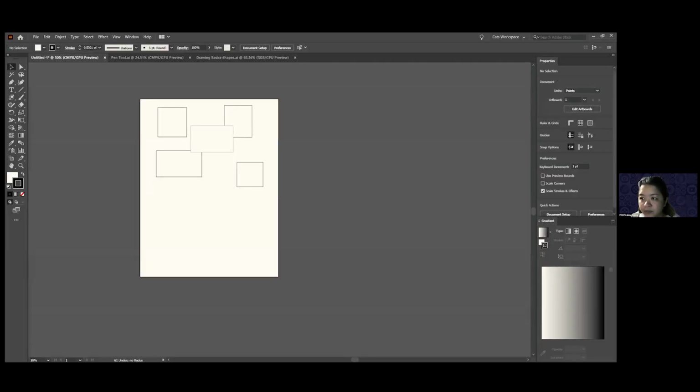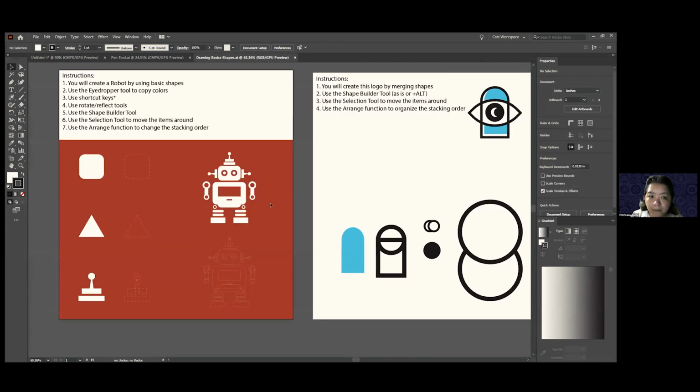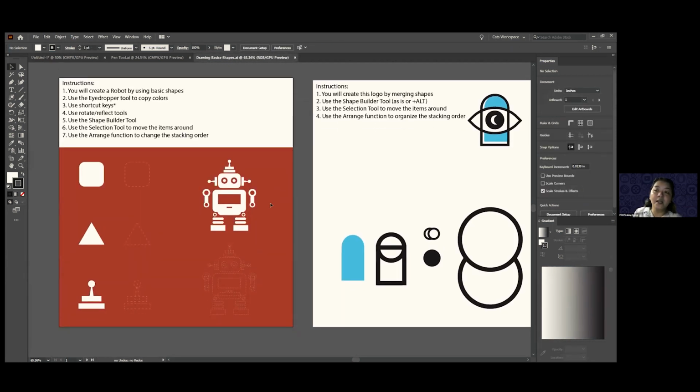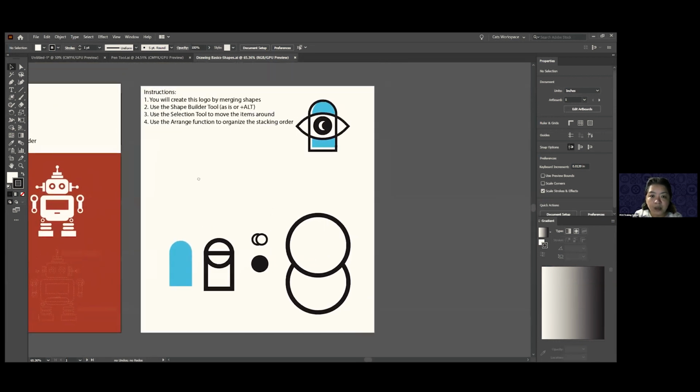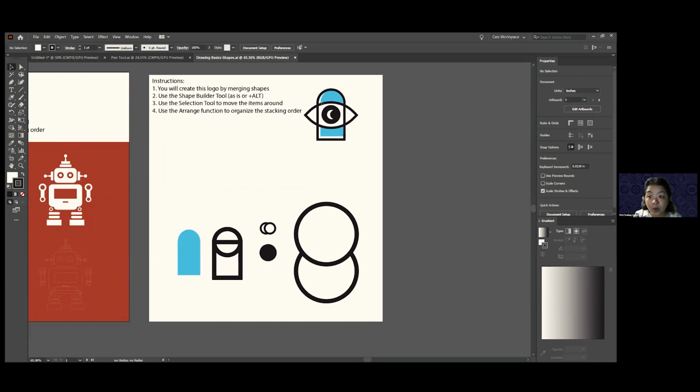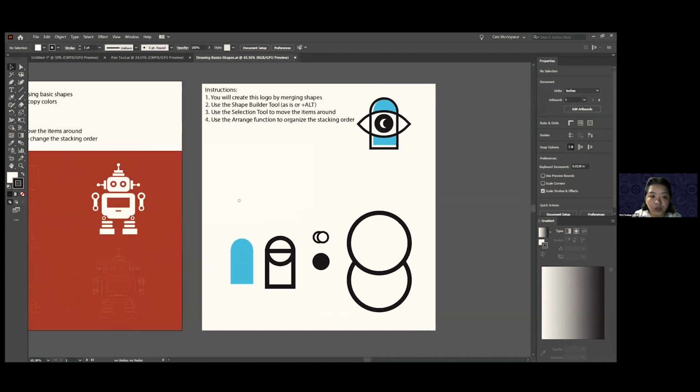Okay, so let me do my demo. Basic shapes. When it comes to drawing, at least for the purpose of this exercise, there are two parts to your exercise. One is you need to achieve this. The second part of your exercise is you need to achieve this. And in order to do that, we'll get